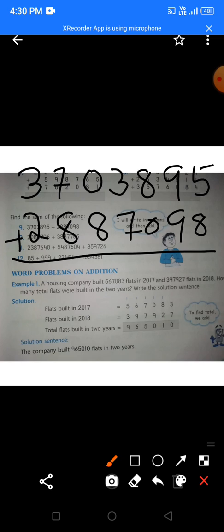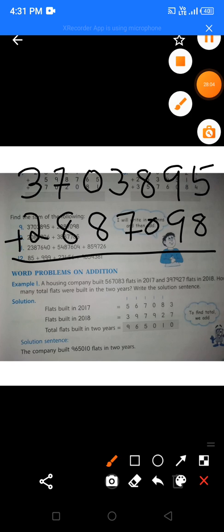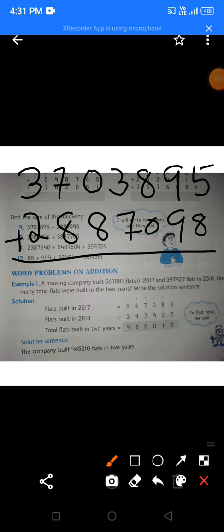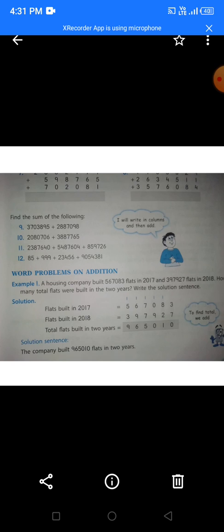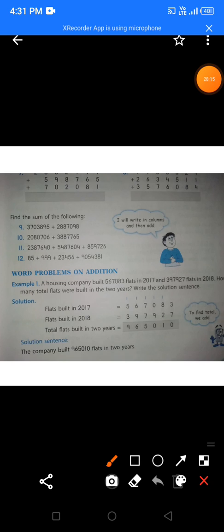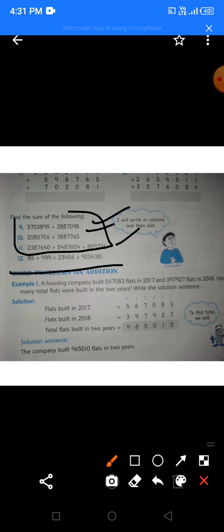This is question number 9. Okay. So I think you can solve this on your own. Yes children. So yes, you have to just do it on your own. So children, what will we do on your own? You will solve this as these are same as above. Okay. We will solve question number 12 and if you have any difficulty in question number 9 and 10, you will ask me. Okay. Because these are same.